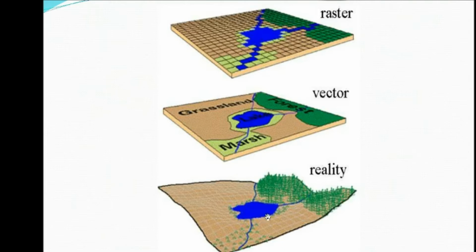Here there is a lake, and we can see some distributaries or branches of water bodies passing here, and here it is a forest or vegetation cover. And this is a marshy land or wetland. This is the real world, and when it is converted into vector form, this is how the features change. The real world features are represented using